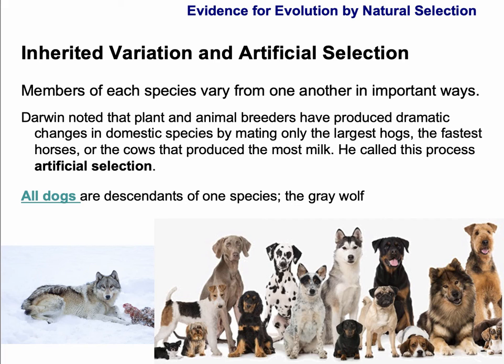And we have made dramatic changes to those species by choosing which of the individuals will be the parents of the next generation. So, which corn plants produced the best corn? Well, we want to choose those as the parent plants for next year's crop. And dogs have been hanging around with people for 10,000 years or so. And we have chosen the dogs who get along with us the best and who can serve a particular purpose. And so Darwin was a pigeon fancier, and he knew about all these crazy breeds of pigeons.